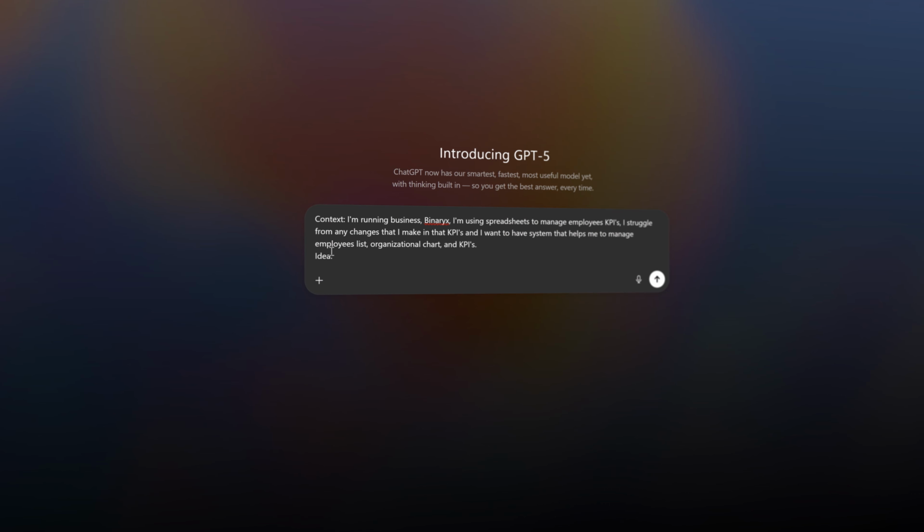After giving ChatGPT the whole context, I gave it the idea: I would like to create a web application synchronized with my G Suite, where I can manage employees, the organizational chart and KPIs. And after I give the idea to ChatGPT, I describe the output.